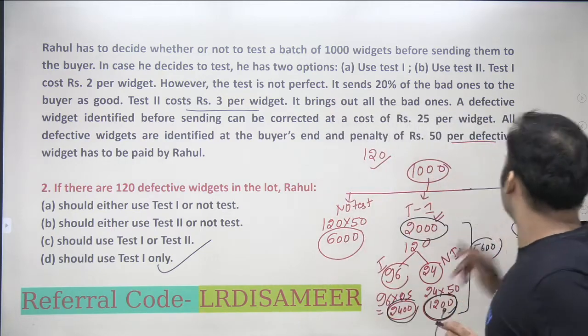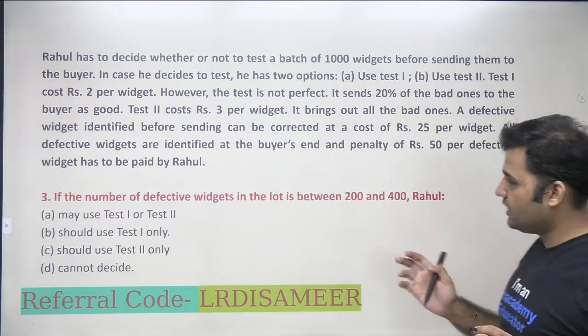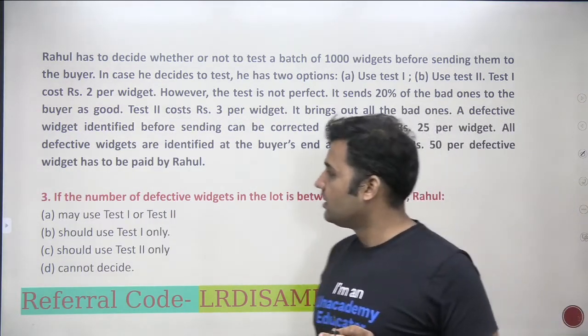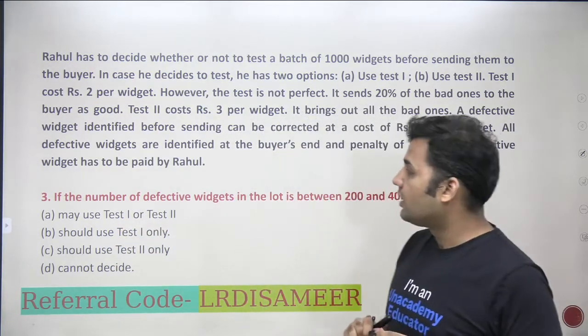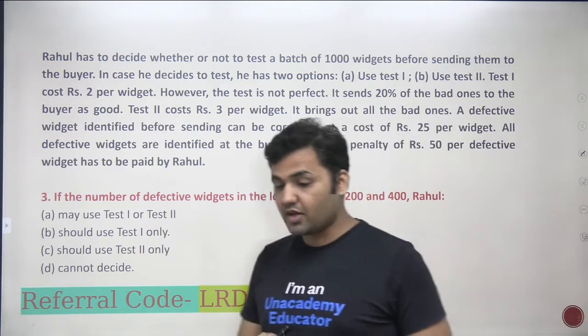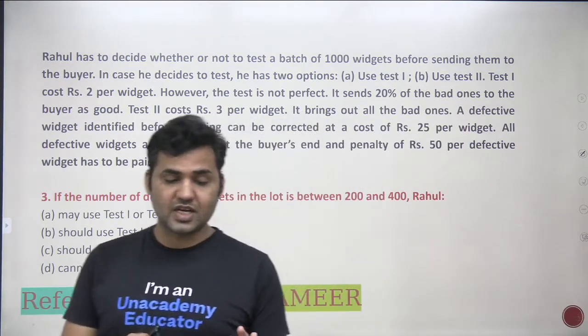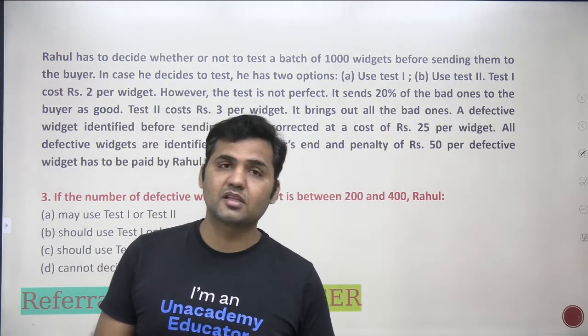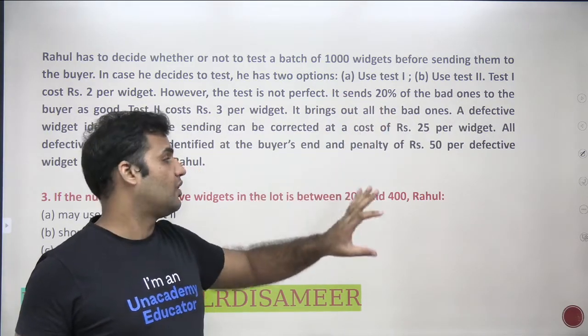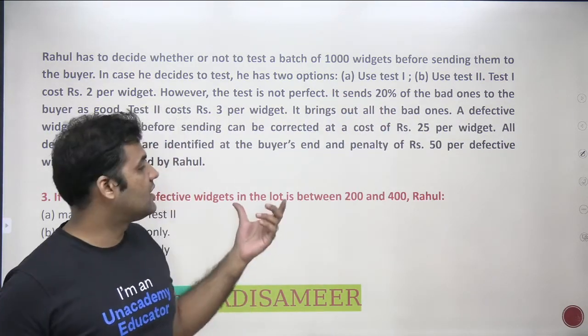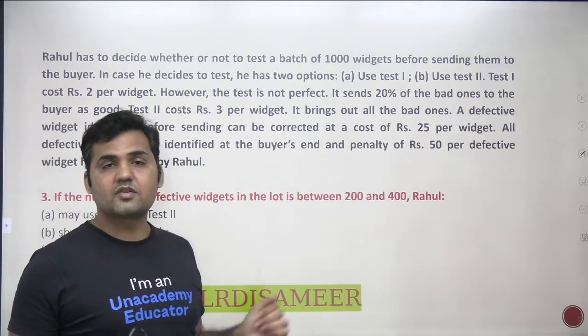Let me show you question number 3 also. I hope you have tried these two questions. I gave you these two questions in the first video to try by yourself. When you try these questions by yourself, you get to know which are the areas where you are making mistakes. Is it the interpretation of the information, or is it a calculation error, or is it a wrong interpretation of the question?